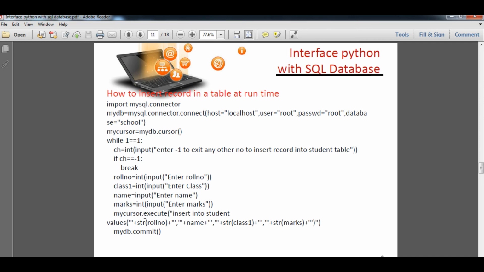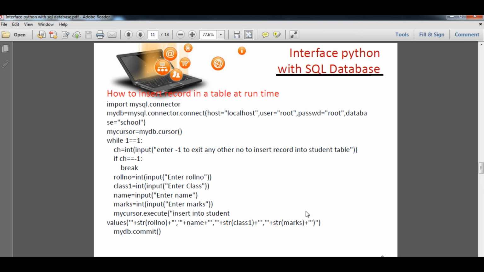After that we type mycursor.execute within round brackets, insert into student values. You can see here the particular values are passed as arguments, say variables, that is roll number, name, class, marks. That's why we have used the concatenation operator plus, along with single quotes and double quotes typed alternately.